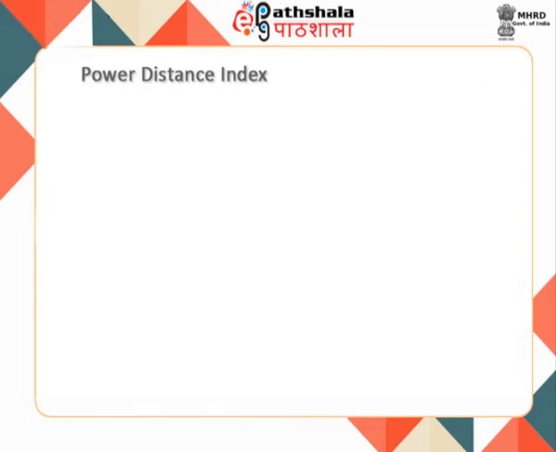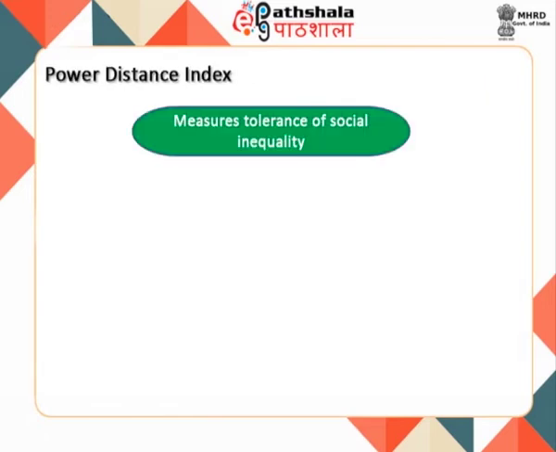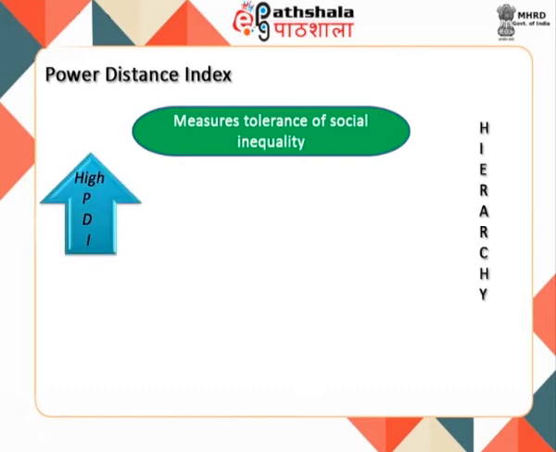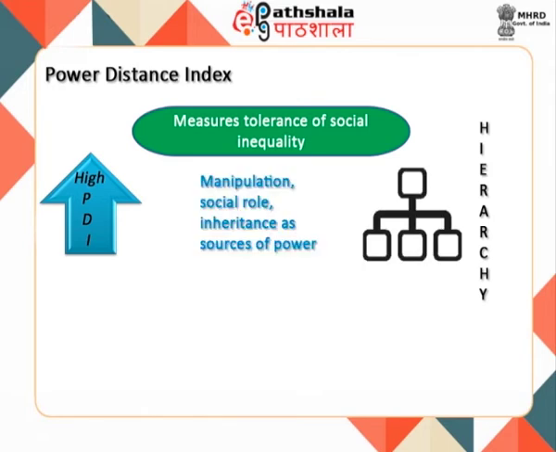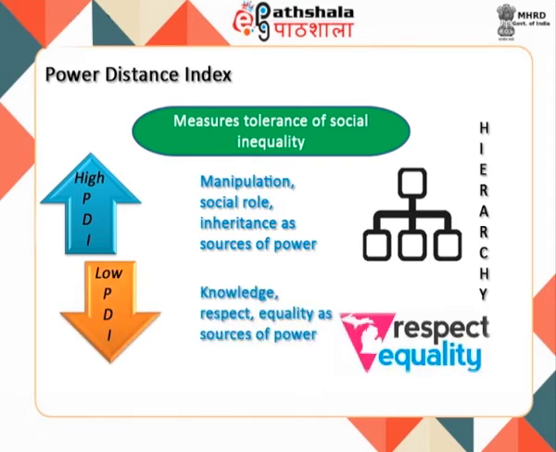Power Distance Index. It measures the tolerance of social inequality, that is, power inequality between superiors and subordinates within a social system. Cultures with high PDI scores tend to be hierarchical, with members citing social role, manipulation, and inheritance as sources of power and social status. Those with low scores, on the other hand, tend to value equality and cite knowledge and respect as sources of